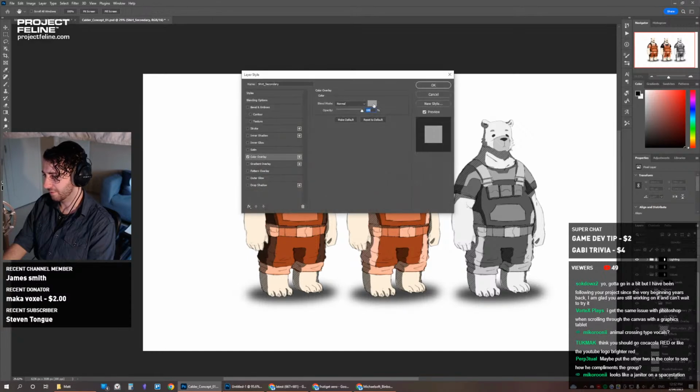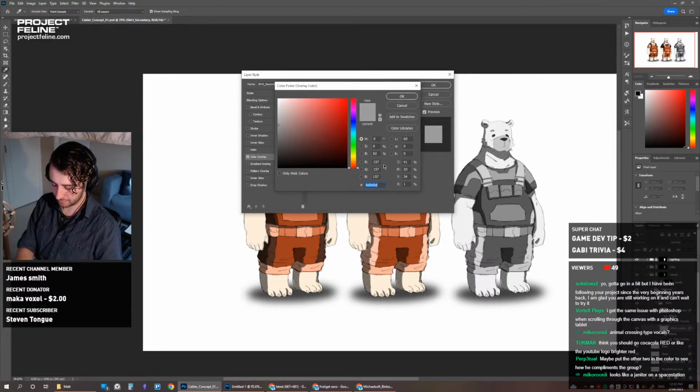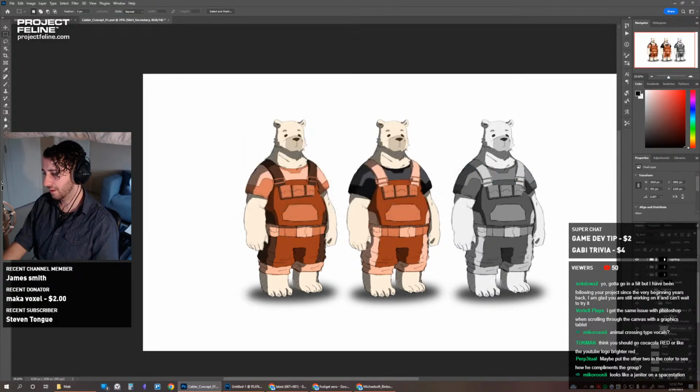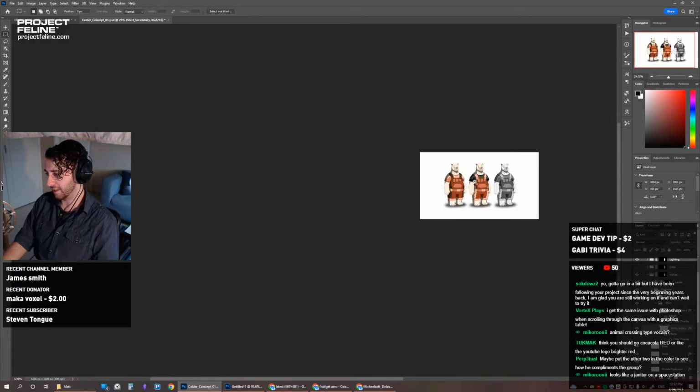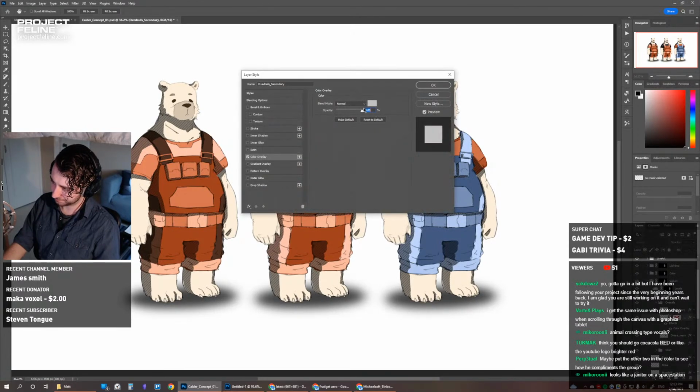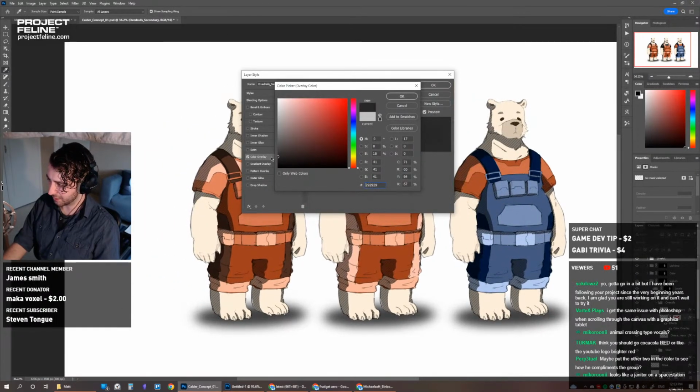I need to pick a specific... It's alright. I'm just looking at the black and white of it all. But I think the overalls... Oh, I want to try another thing there. I want to make the pockets darker. It's tied to this. Okay, it's on the same layer. So we'll try it. If I make them dark.